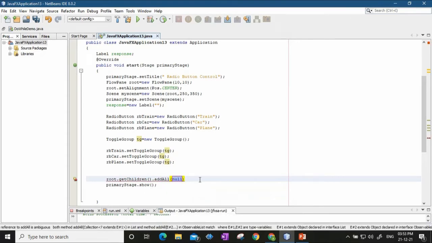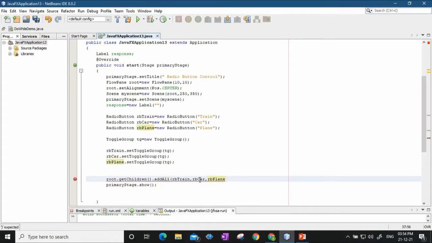One is the radio button rbTrain, second is the radio button rbCar, and third is the radio button rbPlane.